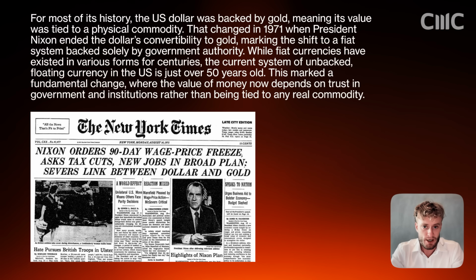Money has a long history, and it has changed a lot over time. The monetary system we have today in its current form is only a bit over 50 years old. A rough timeline of money looks something like this. We start with the barter system in around prehistoric times, where people are exchanging goods between each other, but that